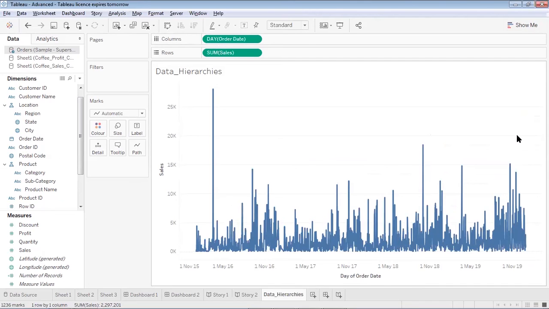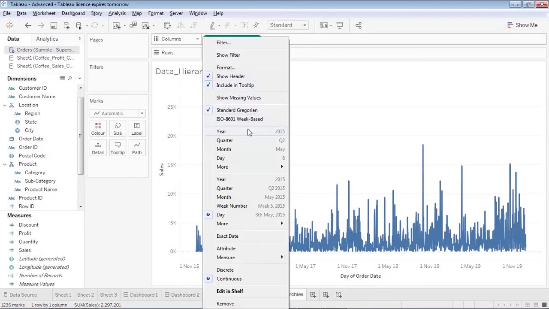But there is another side of this. Since I have converted this field into continuous, now I don't get separate pills for each level. You must have noticed when the order date was a dimension, for each level you drilled down, you got a new pill added. But when it is continuous, you don't get a new pill added. Within the same pill, that thing happens. So I'll convert it back again and you'll understand.